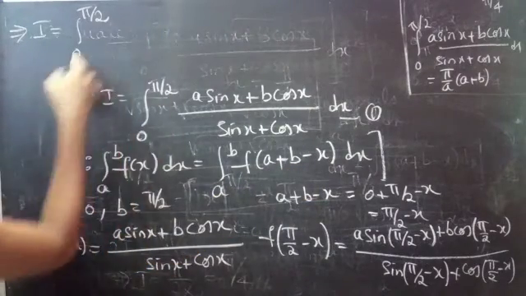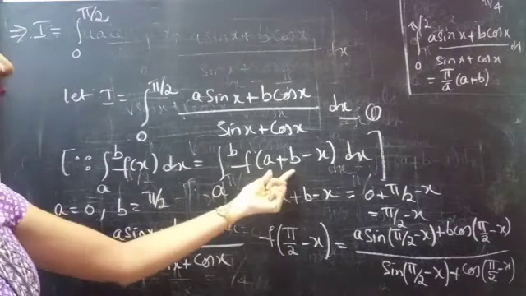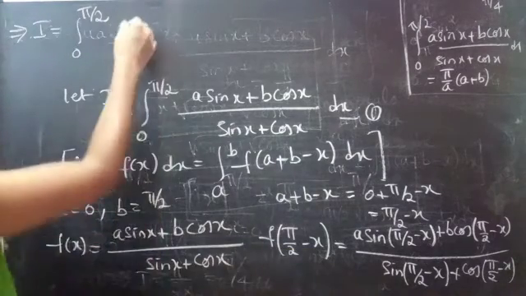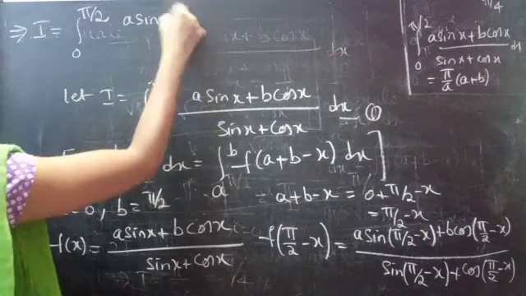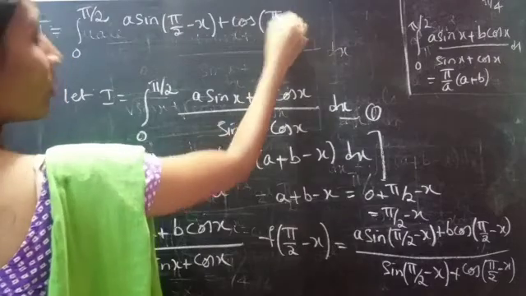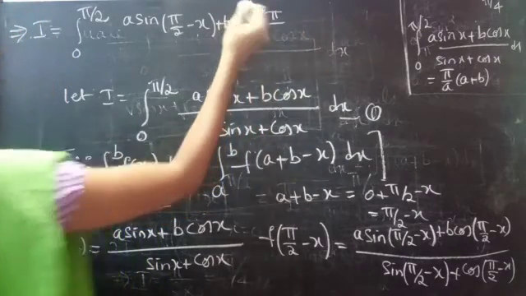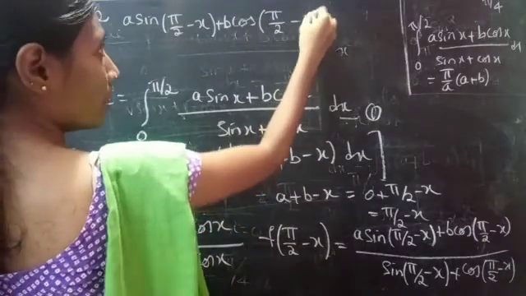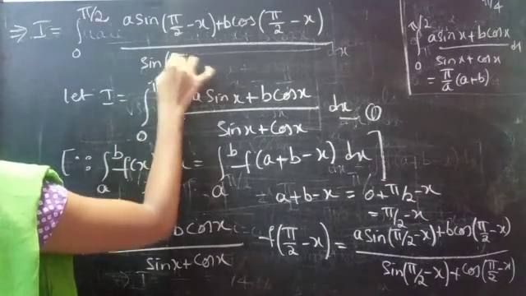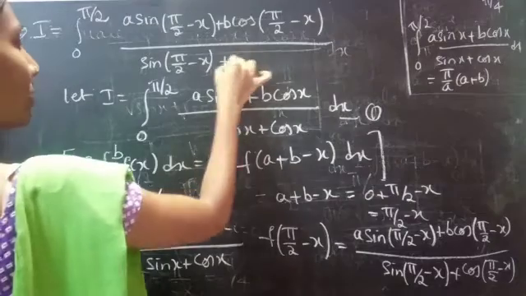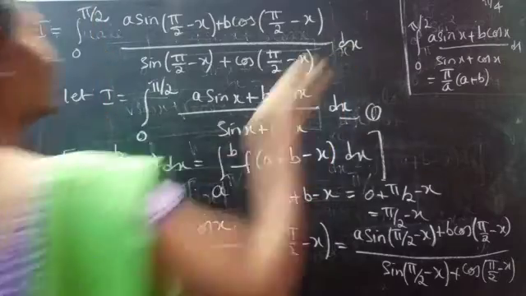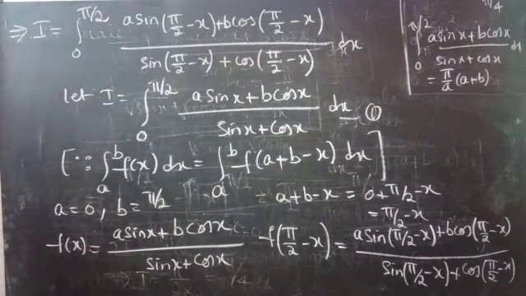So this equals integral a to b f of a plus b minus x, which is f of pi by 2 minus x, that is a sin(pi/2 minus x) plus b into cos(pi/2 minus x), divided by sin(pi/2 minus x) plus cos(pi/2 minus x), into dx. Okay. Now consider